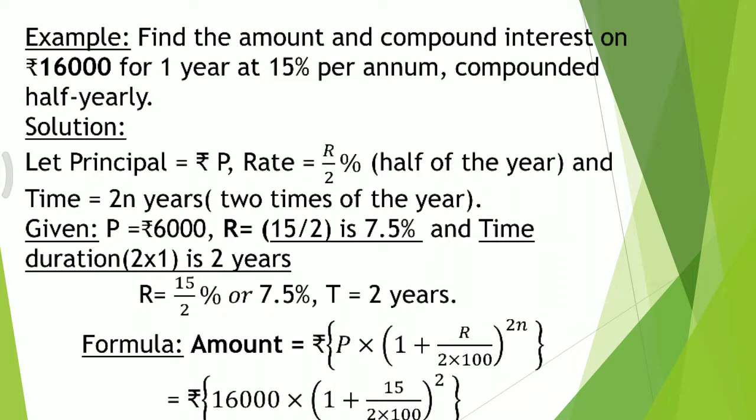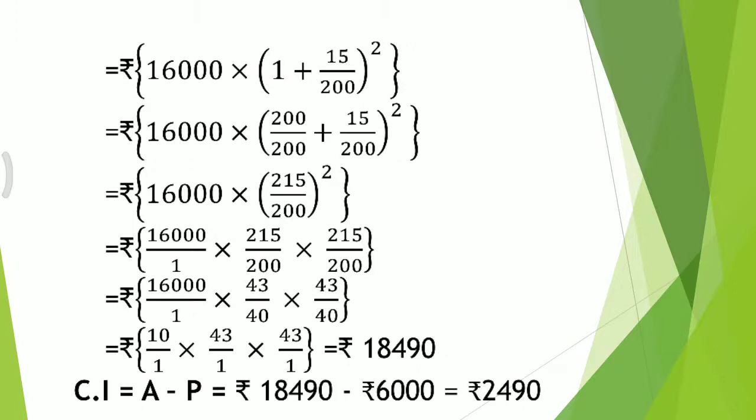Amount is equal to P into 1 plus R by 2 into 100 the whole power 2n. Note that the 100 becomes 2 into 100 because R becomes R by 2 and then n becomes 2n. Now apply the values for P, R and n. 16,000 into 1 plus 15 by 2 into 100 whole power 2. After calculating that, we get